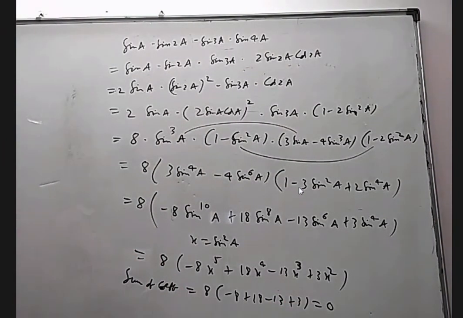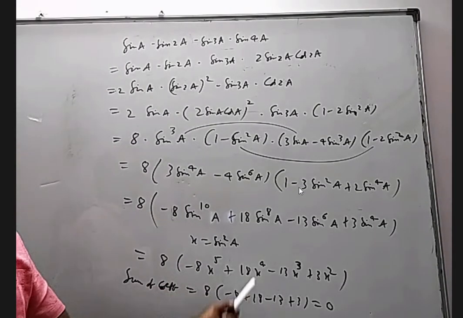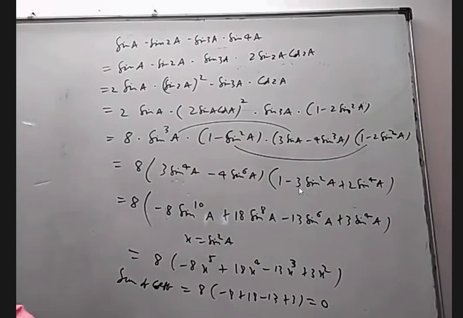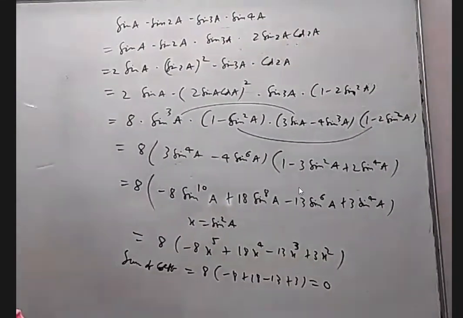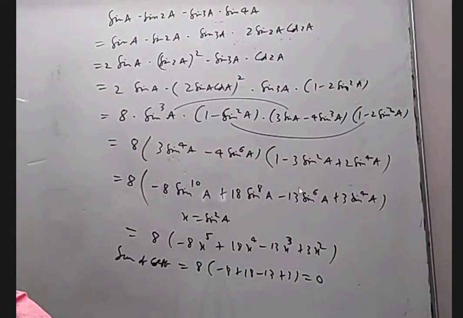Instead of asking the sum, they can say this is equal to a x power 5 plus b x power 4 plus c x cube plus d x square. What is b? What is 3b plus 7c? They can ask. We have to do all that. But actually, without doing all that, there is an easy method. I'll give you some idea about that. But it's good to know what the question is and how the final answer comes.